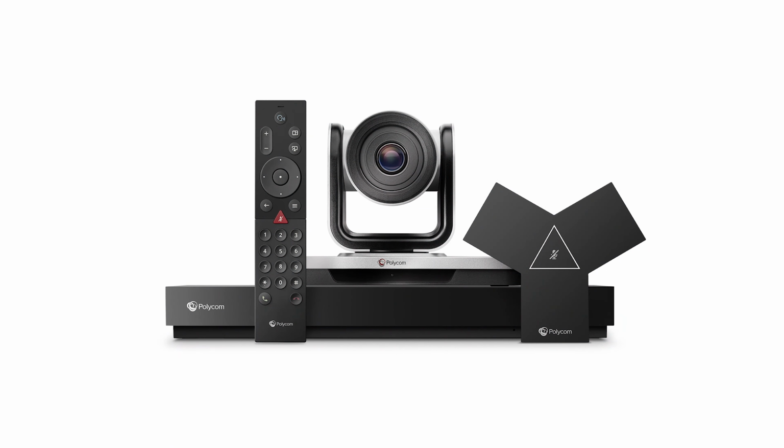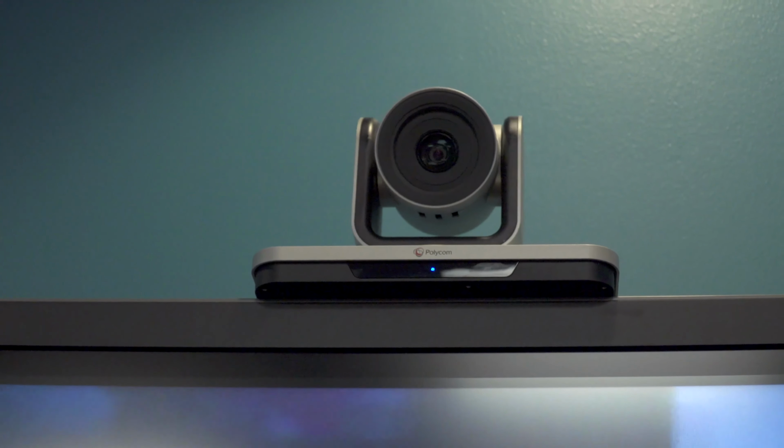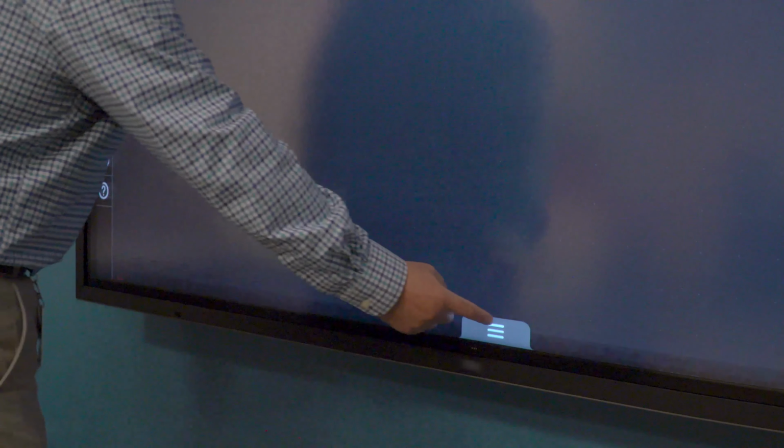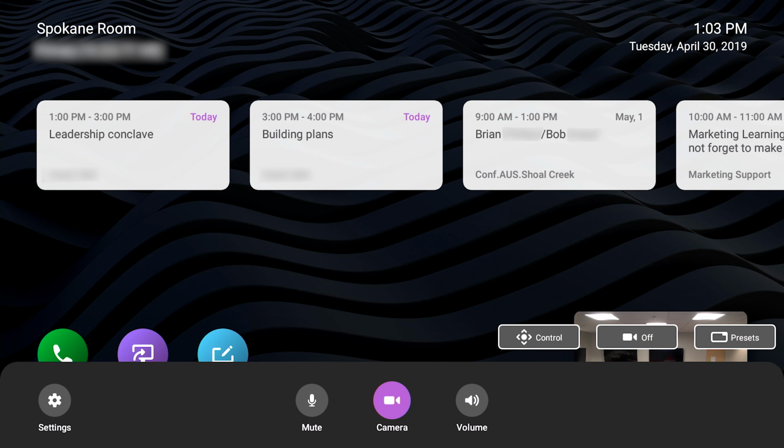The G7500 camera can be adjusted in a few simple steps. To bring up camera controls, select Menu via the remote or touch the menu button on the screen. Select the camera icon. You now have the choice to move the camera, turn the camera off or create and